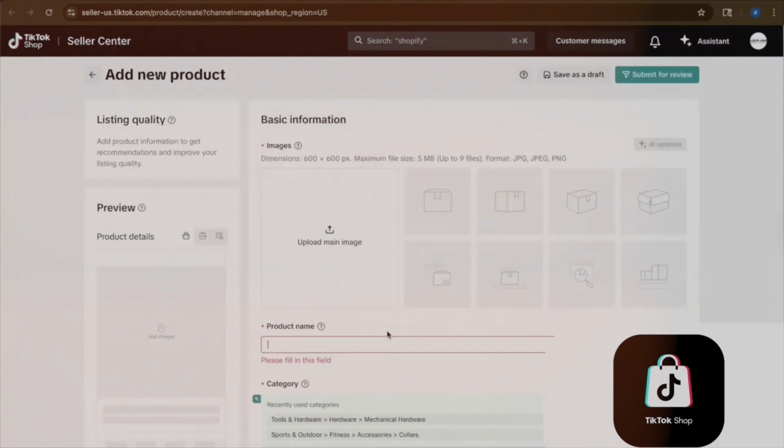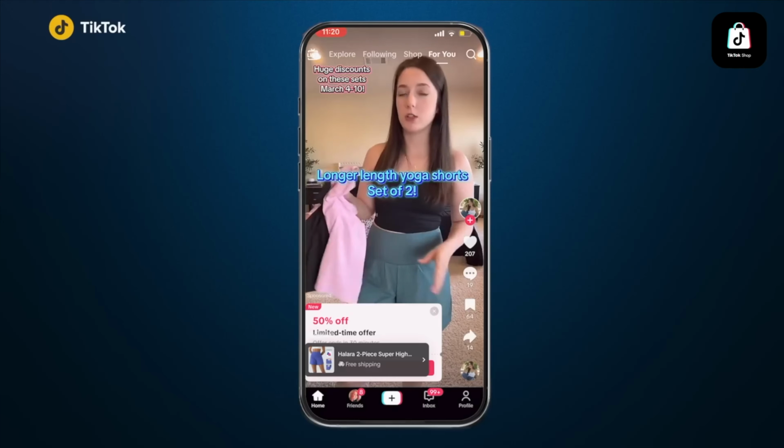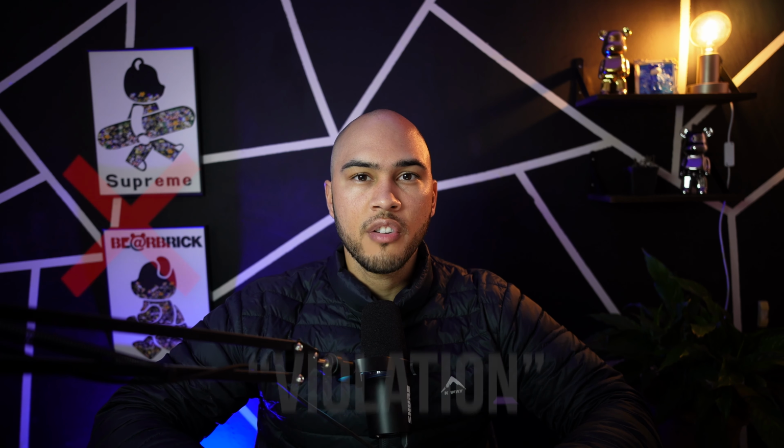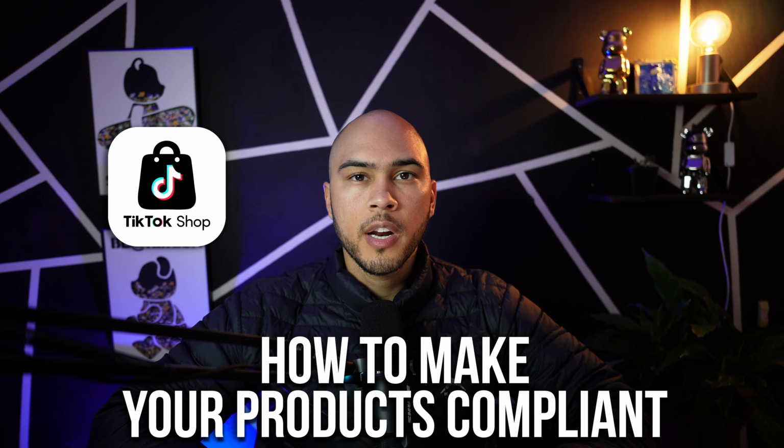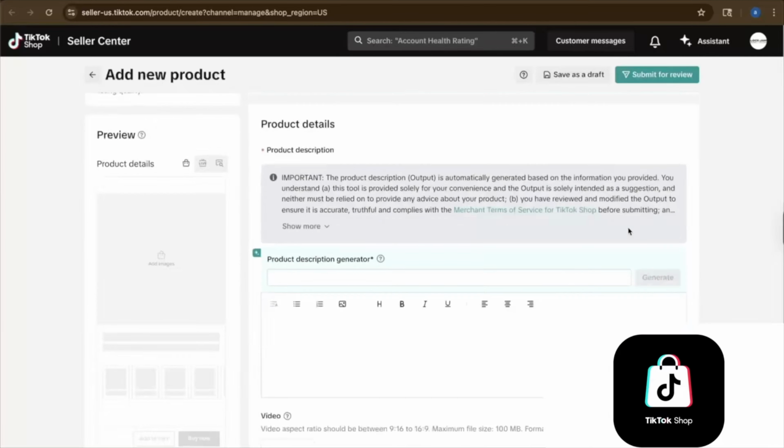Nothing kills momentum faster than this. You spend hours building the perfect TikTok Shop listing and then TikTok rejects it. No sales, no traffic, just a big red violation notice staring right back at you. And here's the scary part: too many rejections and TikTok can flag your entire account. Today I'm going to show you how you can make your products compliant so your listings get approved fast and